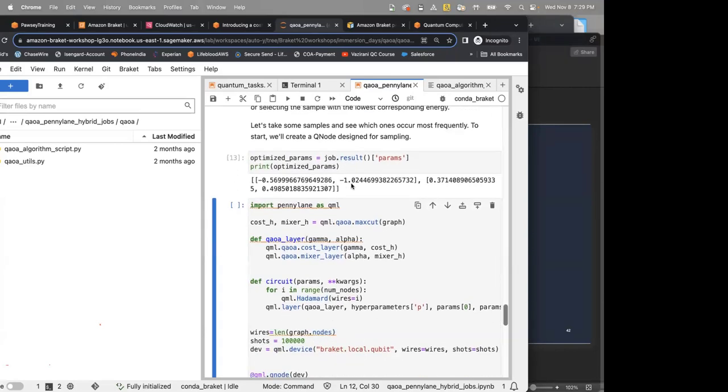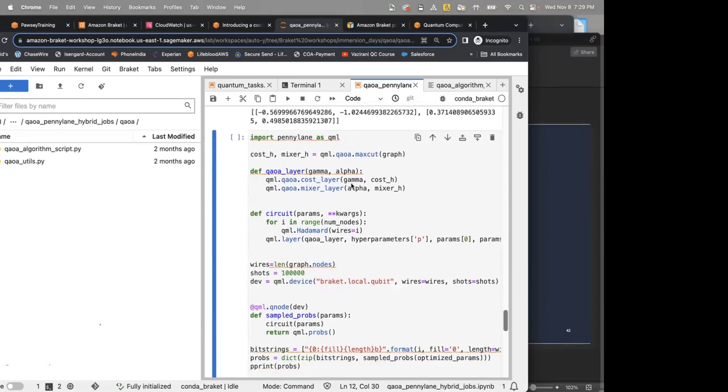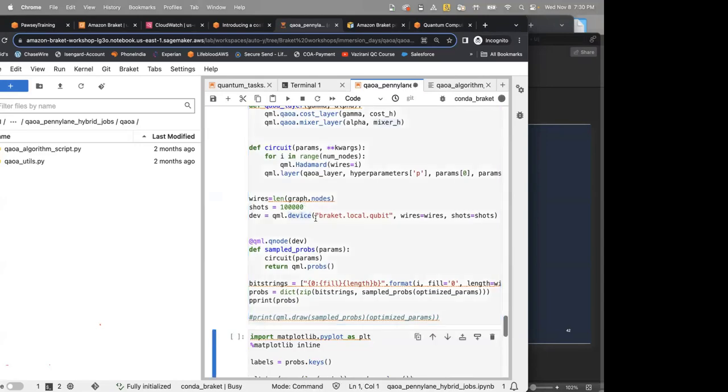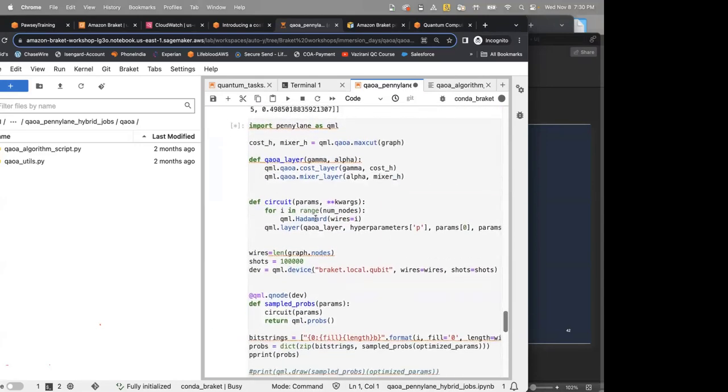We are going to build that quantum circuit again, using the cost Hamiltonian, mixer Hamiltonian, and so on, and use these parameters to run that quantum circuit once again to find out what the final partition of the graph is. That is what is being done up here. So we can run this, and this should take a fairly short time.